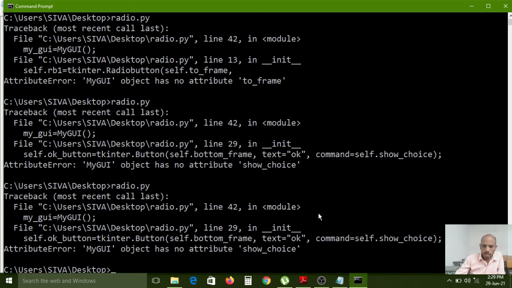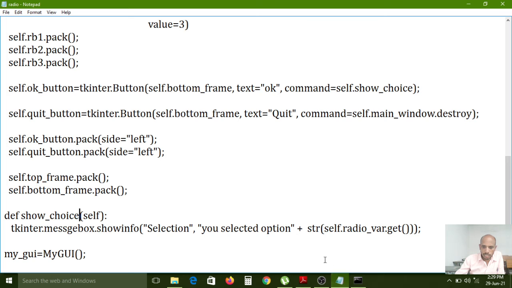Okay. text equal to okay. What, you got the error? tkinter.Button, self.bottom_frame, bottom_frame.